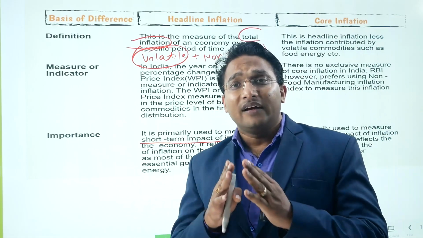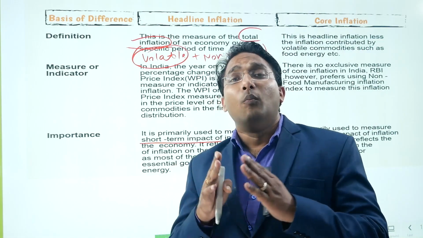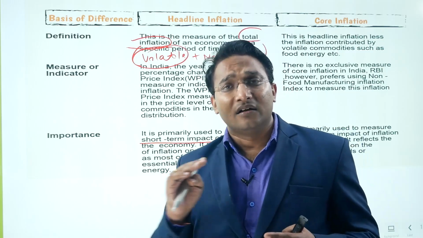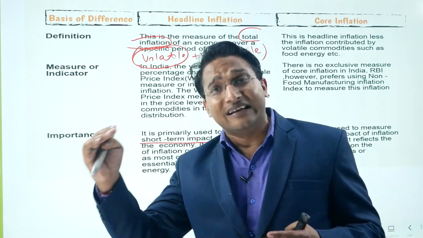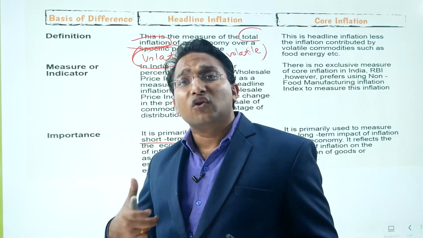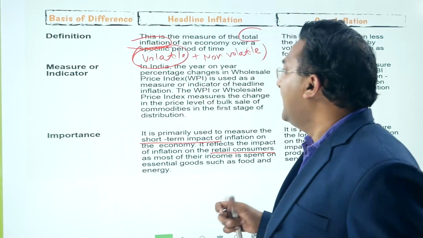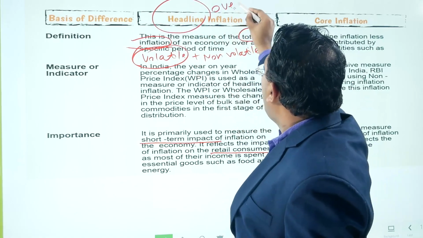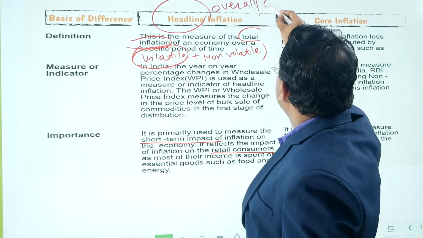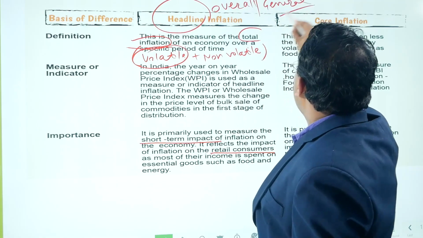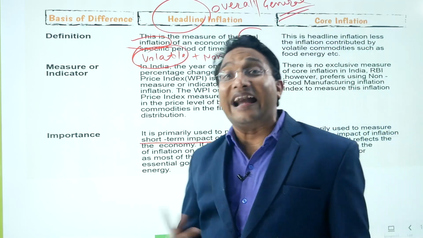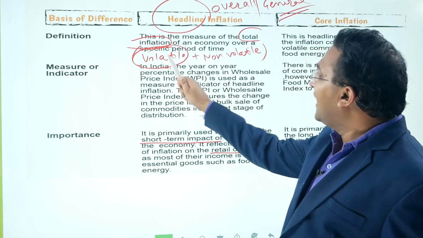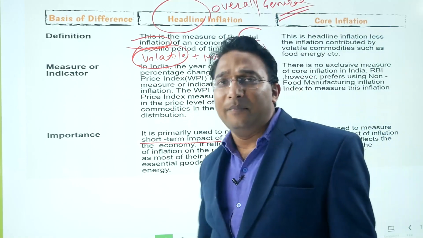We have already seen that consumer price index is having more weightage of the food item. So if the food or the volatile prices are increasing, the prices of the volatile items are increasing, that is going to impact the consumer price index, CPI, right? So this headline inflation indicates the overall inflation, or this is also called the general inflation. So in the newspaper, you will find this inflation figure as the headline because this is the headline inflation. And this is covering both the volatile and non-volatile items. All the items are being covered.